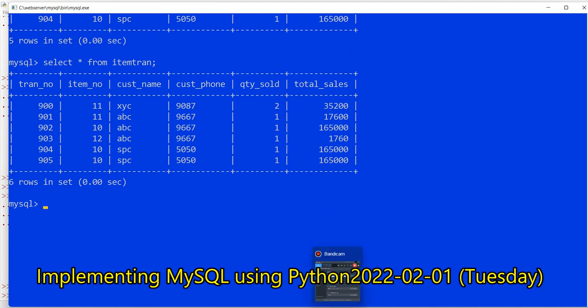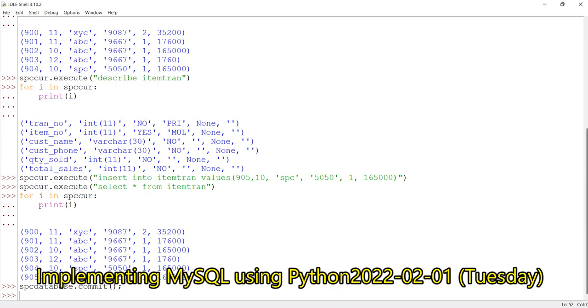So this is a demonstration in which we have given the command. We have actually implemented MySQL by using Python, and also we have seen how the MySQL commit function works, and how we should give the commit function from Python to make the changes permanently in the MySQL database. In the next video, we'll see the usage of a rollback function. We'll use the same database and we'll try to give the rollback function and try to understand that